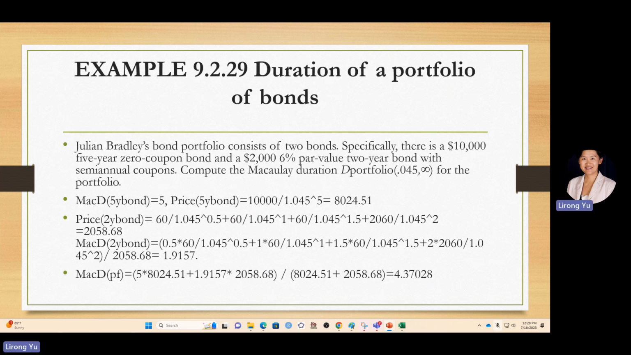So here we have duration of a portfolio of bonds. Suppose we have a bond portfolio consists of two bonds, 10,000 5-year zero coupon bond and 2,000 6% par value 2-year bond with semi-annual coupon. We want to calculate Macaulay duration of the portfolio at the interest rate of 0.45. Number one, the zero coupon bond duration should be easy to calculate, it is 5. The one that has coupon, we'll find its